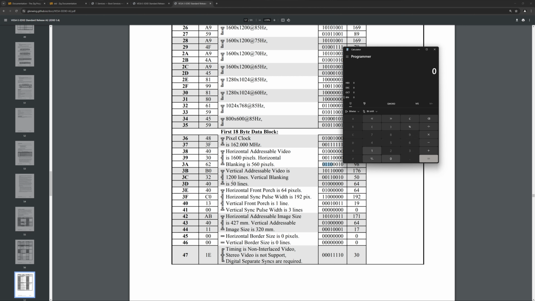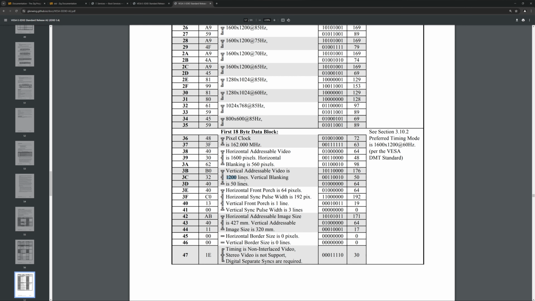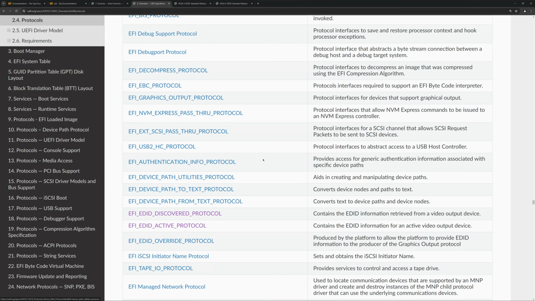So if we go back here, vertical size, we have 100, and then 1011 and 4 zeros. And that gives us 1200 lines, which is basically what they got here. Now, the question is, how do we get the EDID block to be able to get this data from it? And that should be fairly easy, because if we go to our UEFI specification, we can see that we have this here,